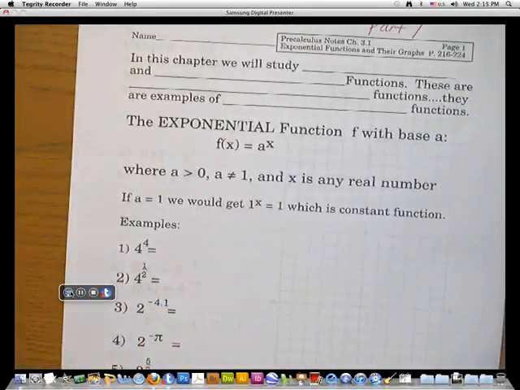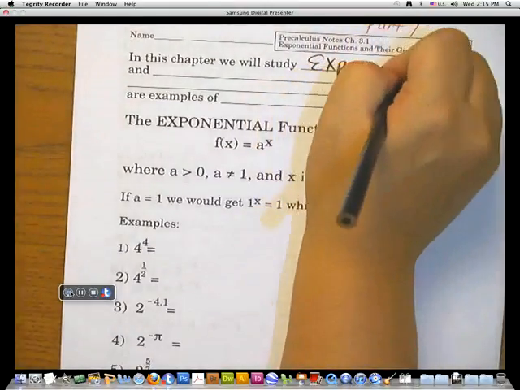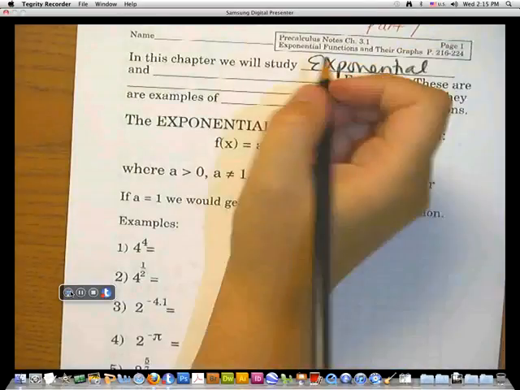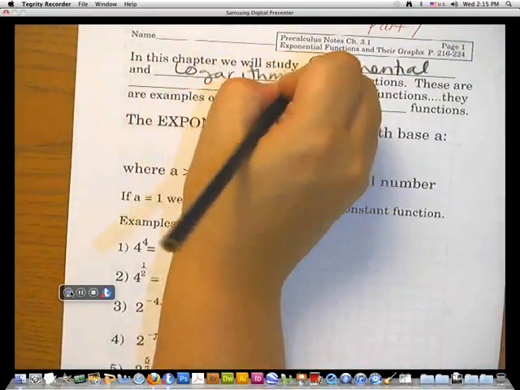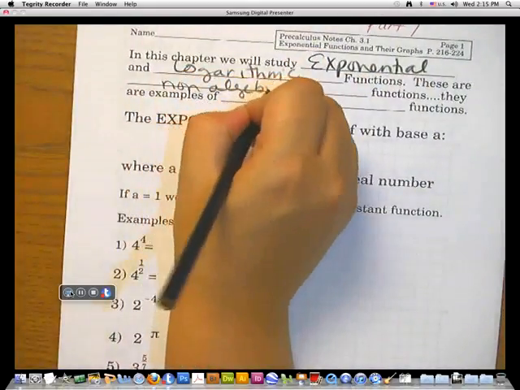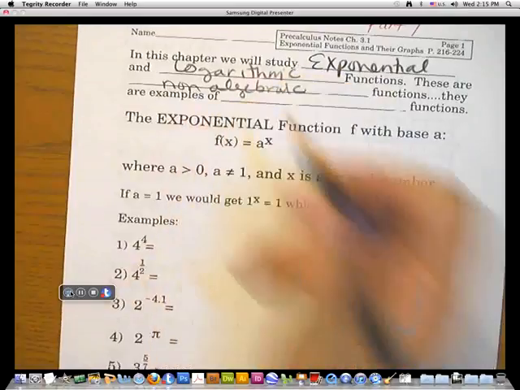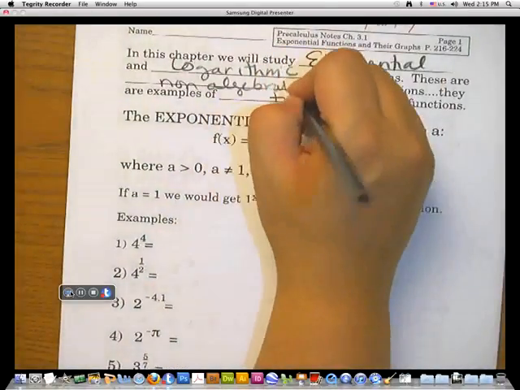3.1 we're going to do in two parts. First part, in this chapter we will study exponential and logarithmic functions. These are non-algebraic functions. They are examples of transcendental